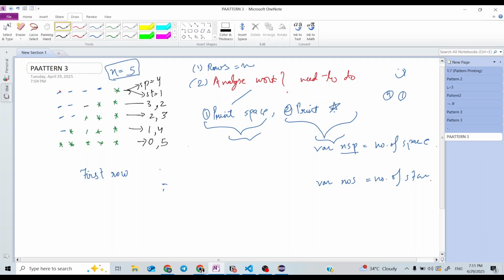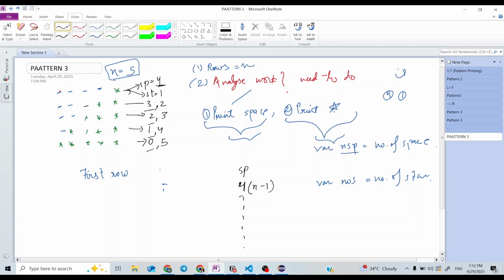Analyze this pattern: the number of spaces starts from 4, that is n minus 1. Spaces in the first row are equal to n minus 1. On the basis of n we can decide our number of spaces or stars. Then as we go down, the number of spaces decreases by 1, as you can see, from 4, 3, 2, 1, 0.